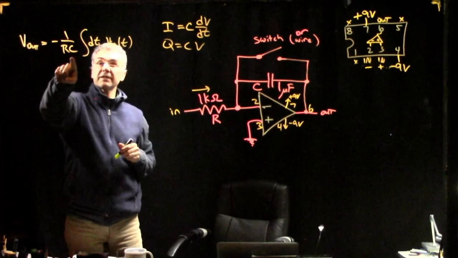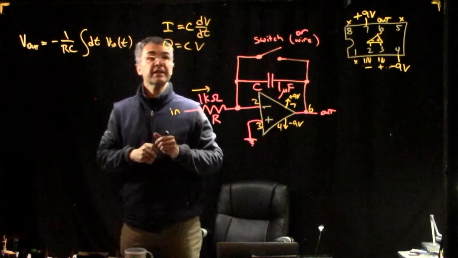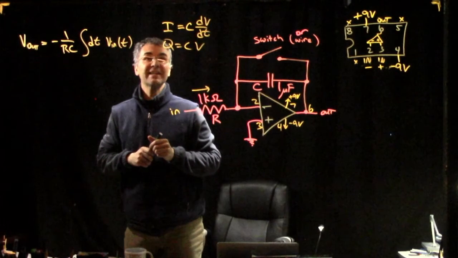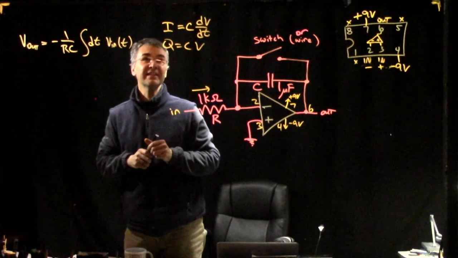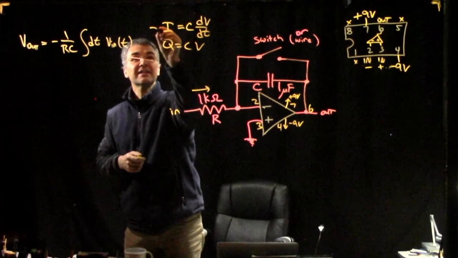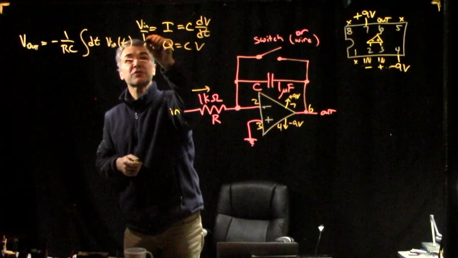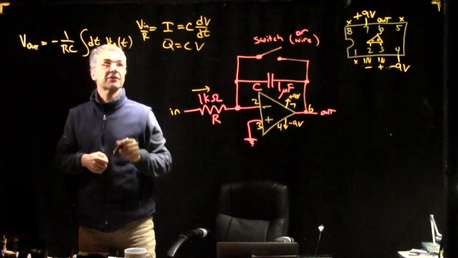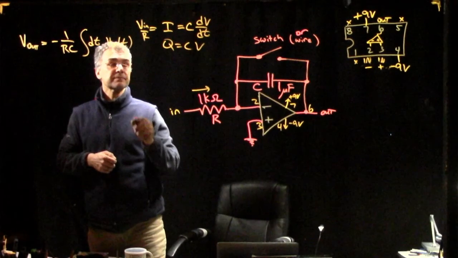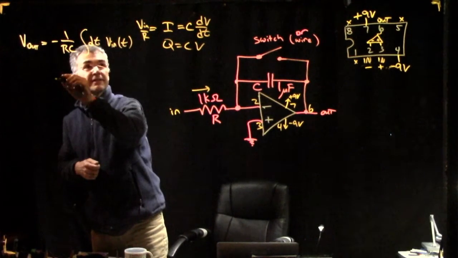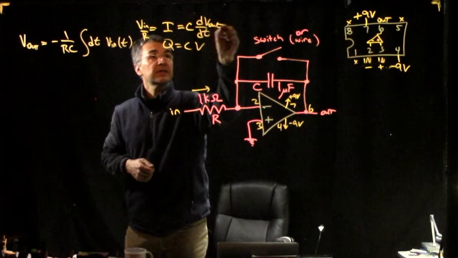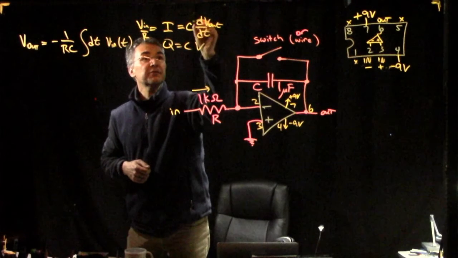So here, I is V in over R. And this is V out, and then there's also a minus sign